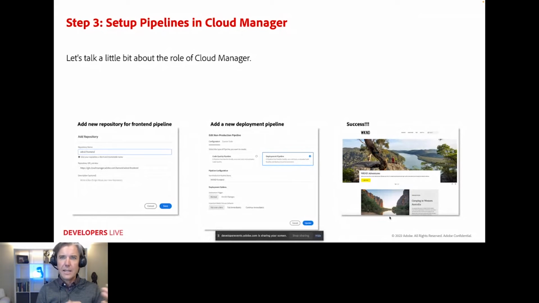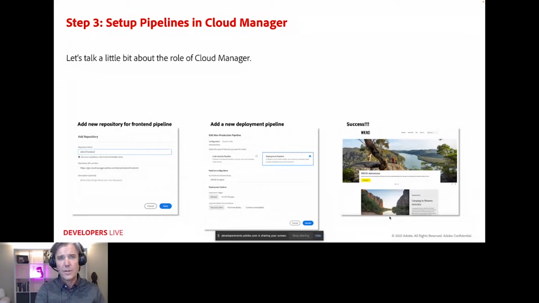Now let's get it working inside of Cloud Service itself. So we're going to walk through a few things like setting up the front end pipeline, deploying on the pipeline, and then looking at how it's ultimately now working on Cloud Service.